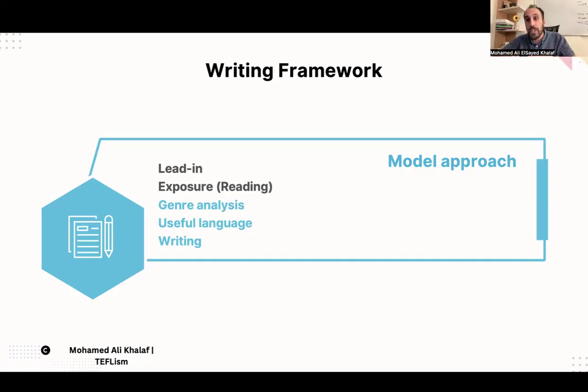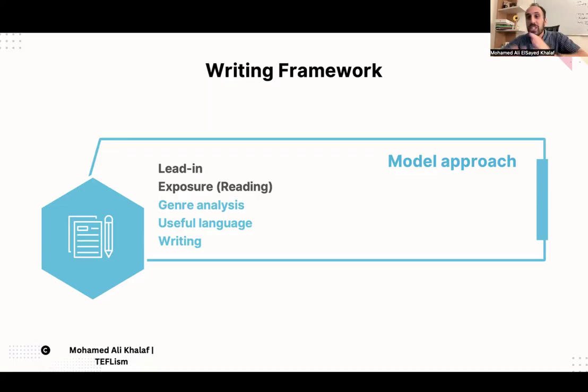Then an introductory paragraph talking about their name, qualifications, and abilities, then availability, then skills and languages, then finally a closing sentence, for example. So you show them how the genre, how this type of writing is organized. This is the genre analysis.